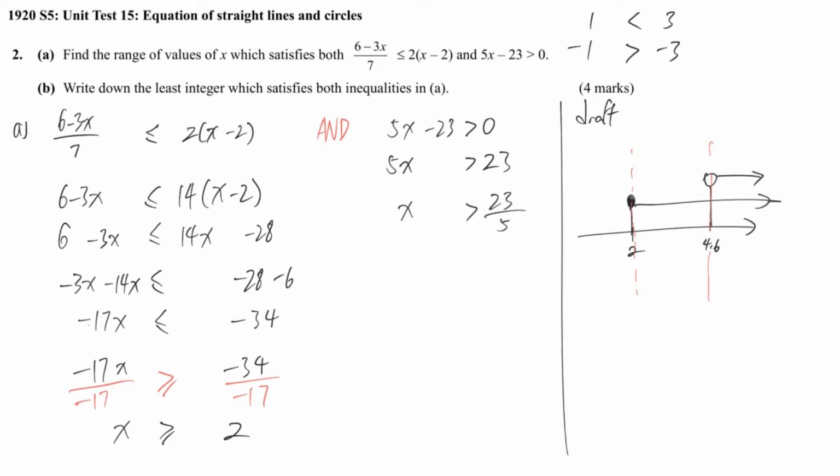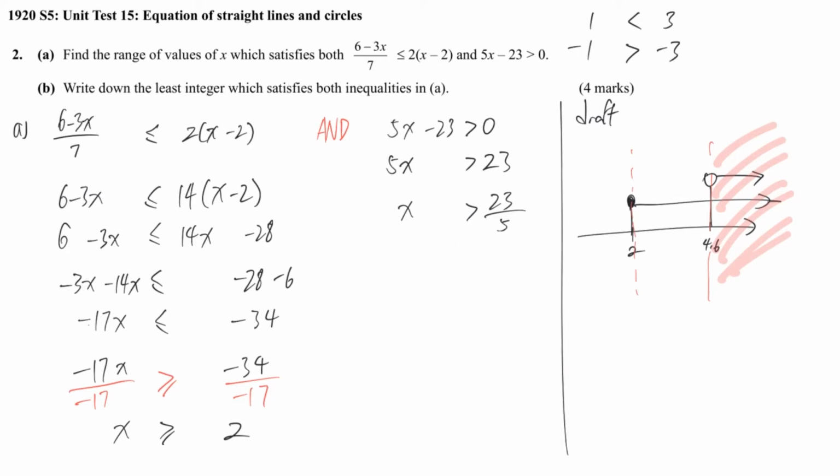The first region is not okay because it does not fulfill either one. The second region is not okay also because we are talking about "and". It just fulfills the first one but not the second one, so it's not satisfying the inequality. And only the last region here satisfies the first one and is also covered by the second requirement. So our solution is the most right hand side region, and our answer is the name of this region which